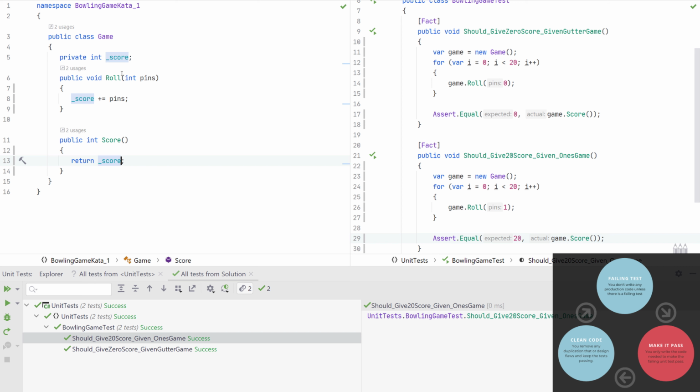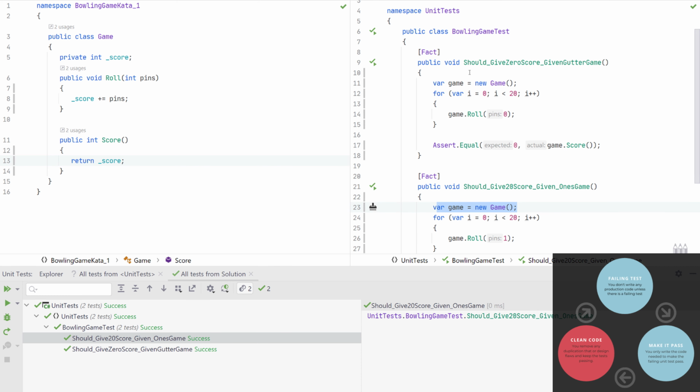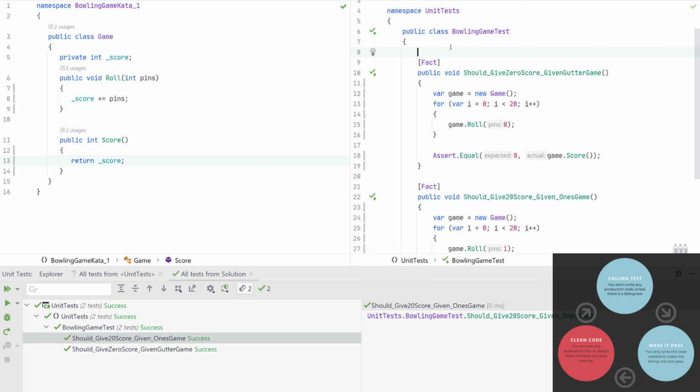Now we actually have something to refactor. One of the things to be aware of when doing refactoring is that if we have duplication of code, that's something we want to remove. In this case we see that we instantiate the game in both tests. We don't want that, so we'll move that into the constructor to make sure that it's common.